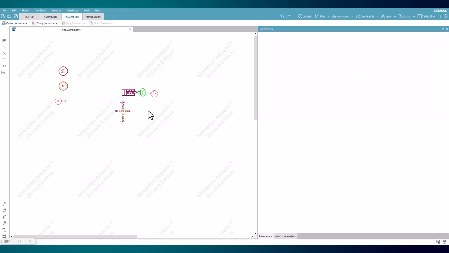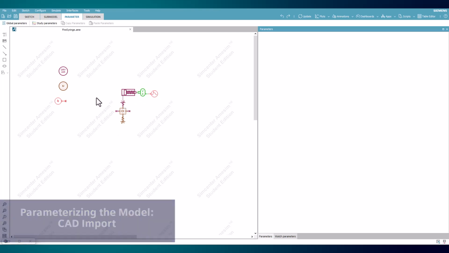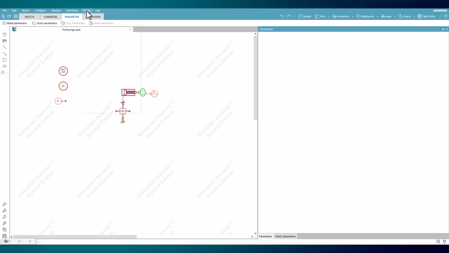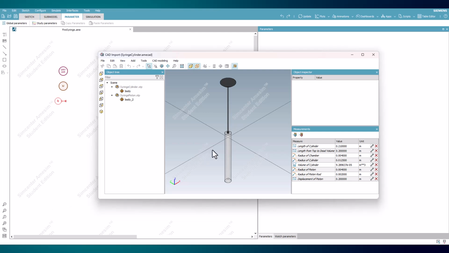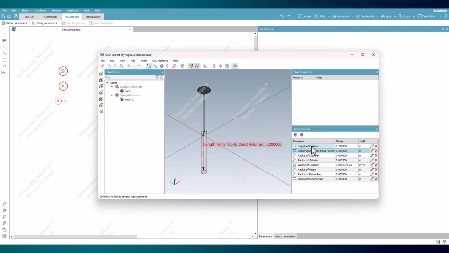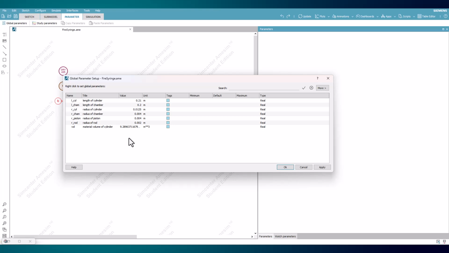In parameter mode, let's first look at the actuator component that requires parameter values for various physical dimensions. CAD models for the assembly are readily available, and dimensions can be pulled directly from it using the CAD import tool. With the tool open, both the piston and cylinder parts are brought in as step files. The measurements needed are titled and listed within the measurements window, and can be selected to see their location within the model. For easy reference in AimSim, each of these values was assigned to a global parameter by copying and pasting their values into them, with tags assigned to denote that they're from CAD.